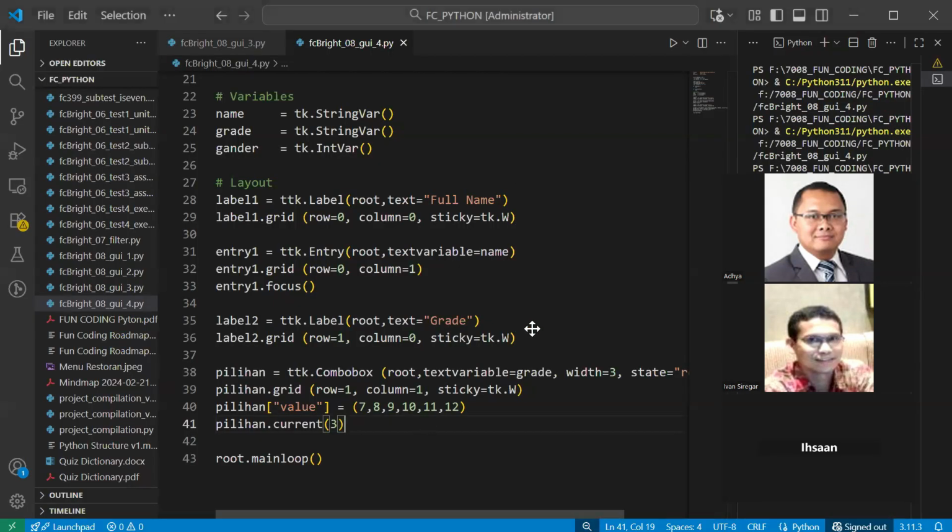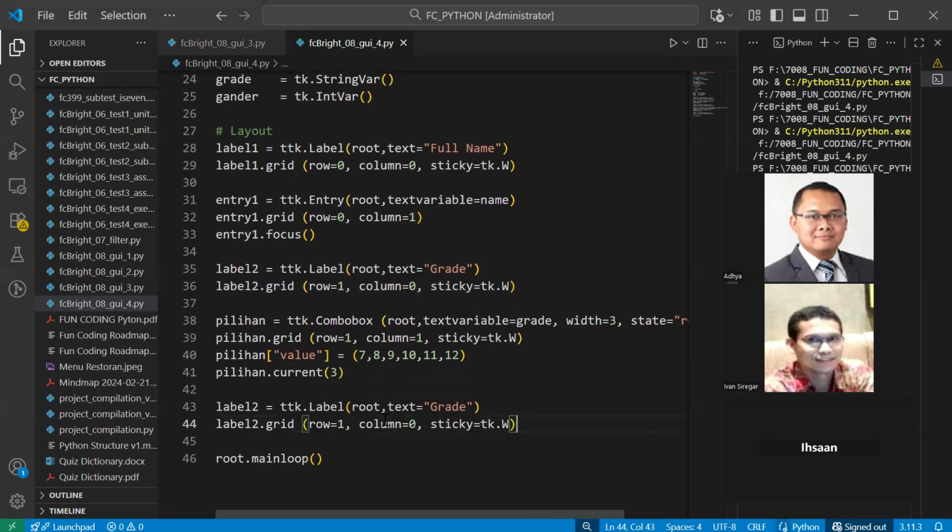So we have the label 3. You copy this, and then put it down there, in the label, label 3. Okay, and we are going to make the gender. The gender that we want to make here is at row 2, because it is further below, but aligned to the left, so the column is column 1.